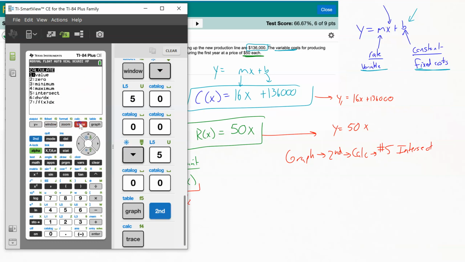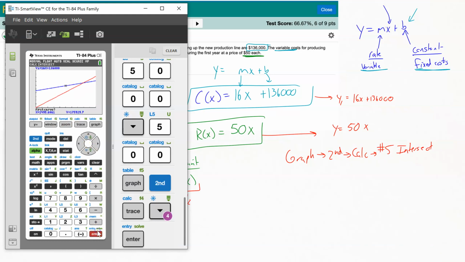So now we're going to do our second calc, and in that calc menu, we'll choose number 5, which is intersect. It's going to ask us the same series of 3 questions every time. The first 2 we could care less about. It's first saying, is that the first curve? It's on the blue graph. Yep, hit enter. It moves to the second curve automatically. Is that the second curve? Yep, hit enter. And then you just want to scroll up so you're closer to that intersect right there